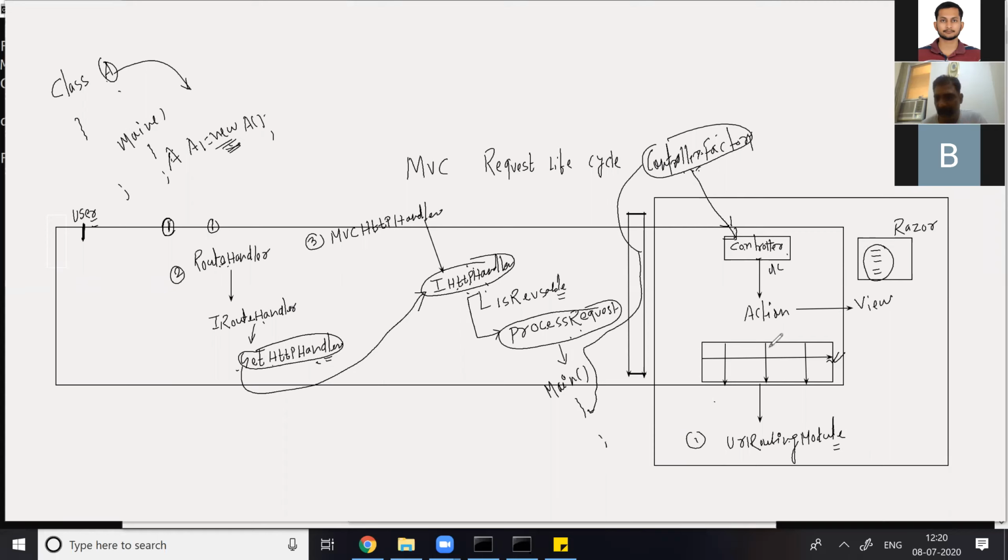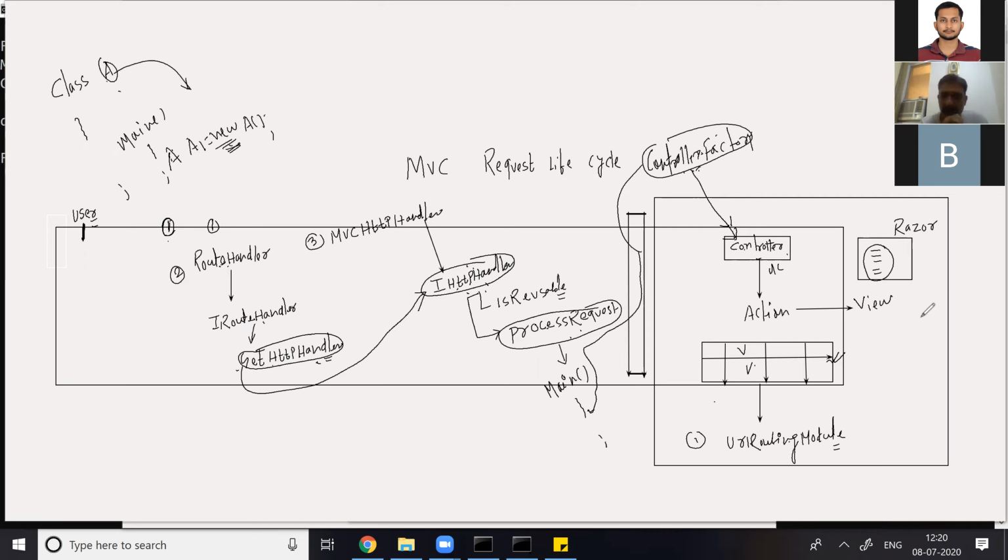So if you have the URL available in the route table, then look at the request pipeline. It starts from your routing module until your view engine is called, the IView interface.